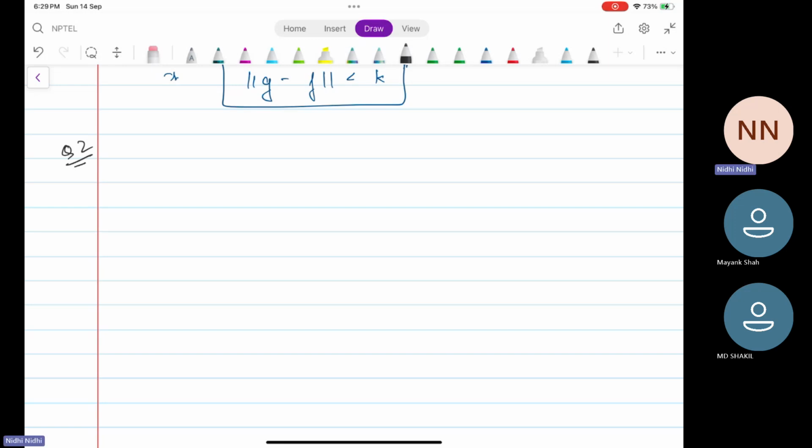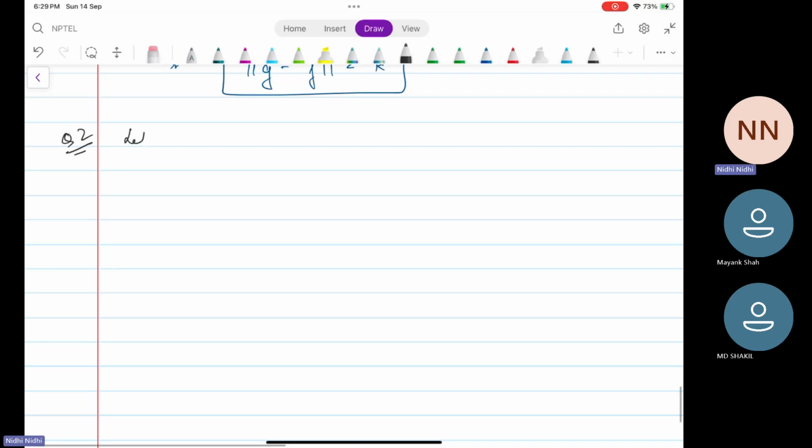Suppose U is some subset of Rn and f is a function from U, subset of Rn, to Rn, a C1 smooth function. That means its derivative is also continuous. Be a C1 smooth map such that